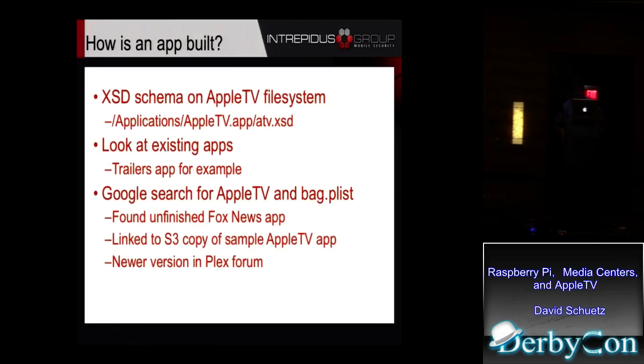And they actually have a full XSD on the file system. If you have a jailbroken device, you go to Applications, AppleTV.app, atv.xsd. If you don't have a jailbroken Apple TV, go to, I don't remember what it's called, the iPhone Wiki. It has a list of all the various firmwares for all the various iOS devices. You can go down there, find an Apple TV second generation firmware link, download that, and because it's second generation,